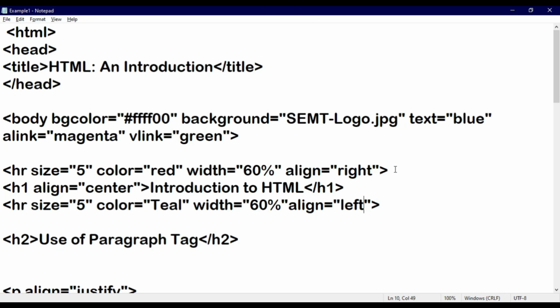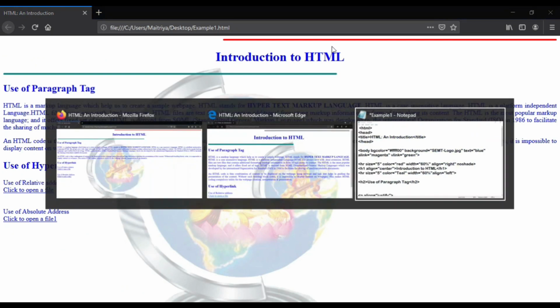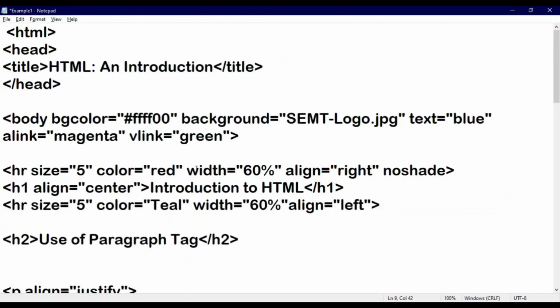And last but not the least, the fifth attribute is noshade, right? Now the noshade attribute does not contain any value. So students, whenever we are using the noshade attribute, always keep in mind that we do not have to set the color of the HR, then and only then you can see the output.